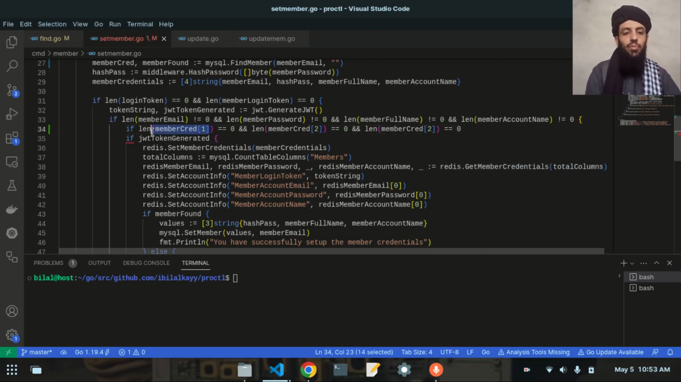So if the password is empty, if the full name is empty, so this is going to be the full name and this is going to be the account name. So if the password is empty, full name, sorry, I need to write it 2, and this is going to be 3. This is how it will work. Password is the index 1, full name is the index 2, account name is the index 3. Password, full name, and the account name. If all of them are empty, then in that case it should execute these functions that I have written here. All right, so I will write here like this,